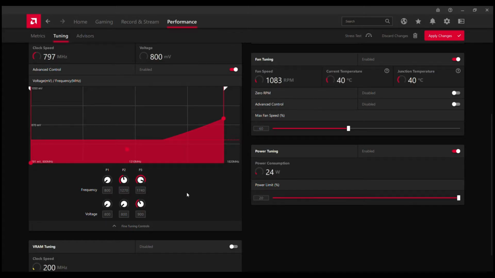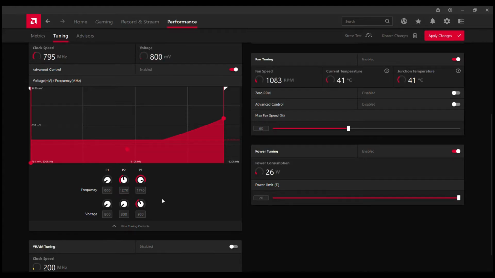I think the main problem is in this setting, because for example, for my GPU, AMD software has default value for P3 state of 1780. So despite the vendor recommending another value, I think the main problem is with default AMD Radeon software settings.